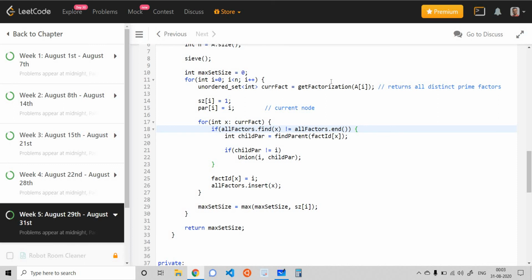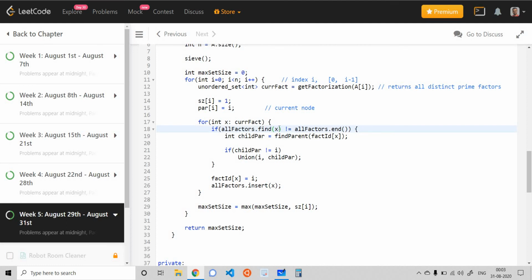Suppose right now I am at index i, then all the distinct prime factors which I have seen from 0 to index i minus 1 would be there in all factors. So if I see that I have already seen this prime factor, which is also a factor of this current number, it means